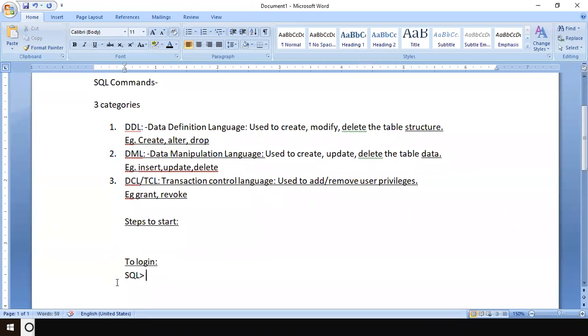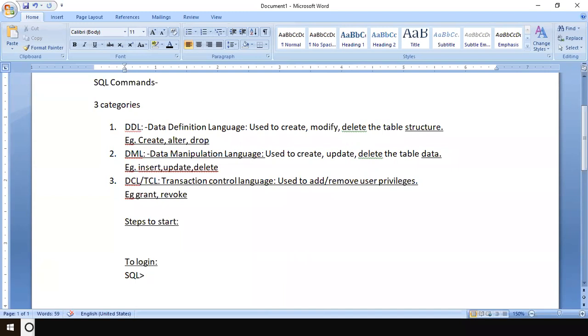That doesn't mean this is a part of a command. This is a way how you write SQL commands. As in case of C programming, you used to write C colon. When you write C colon, that doesn't mean you type C colon slash. That will exist. Similarly, SQL will exist. You don't have to type SQL and that greater than symbol, but while writing, this is a way you write, even in exams. So SQL greater than symbol, this is a prompt.